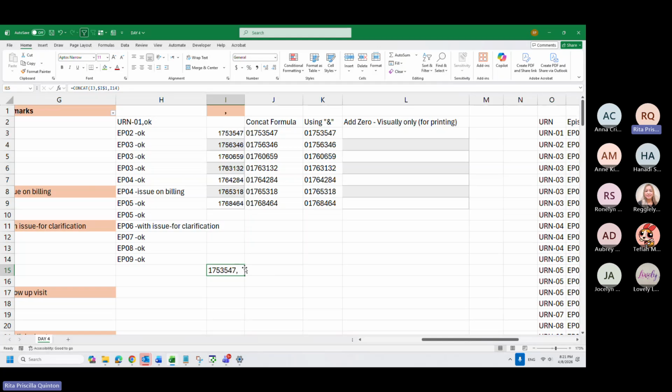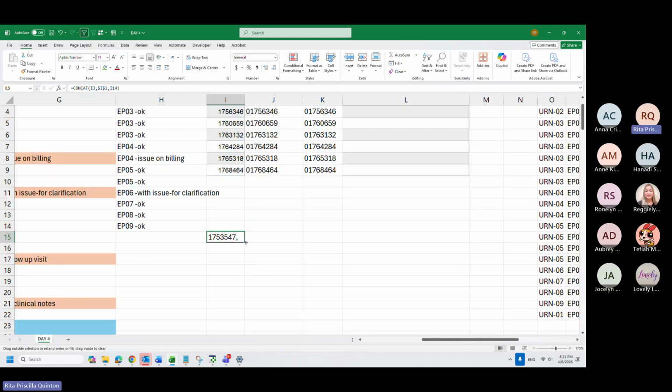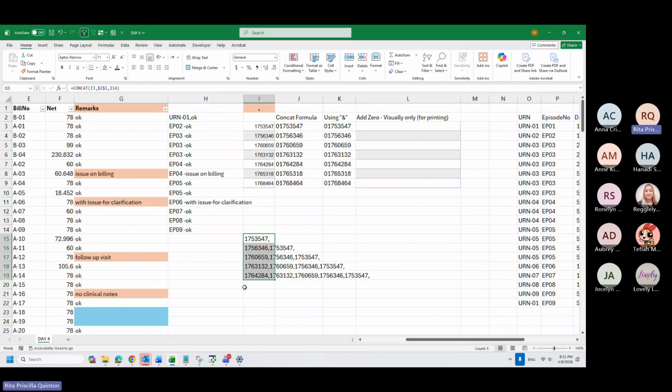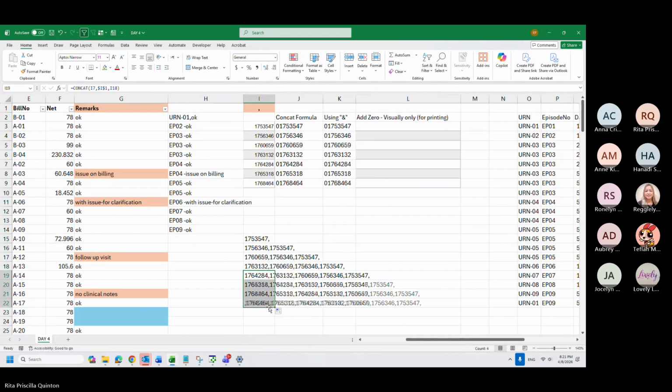Why? Because I want that if I drag it, see the magic. So what did it do? It concatenated first this, then this. And since I14 is blank, the text was blank here on the right.